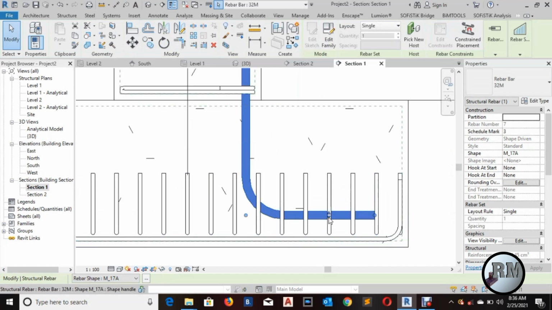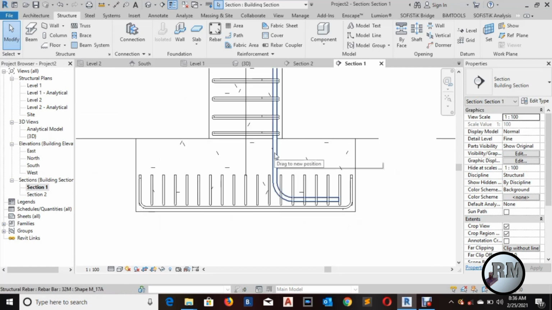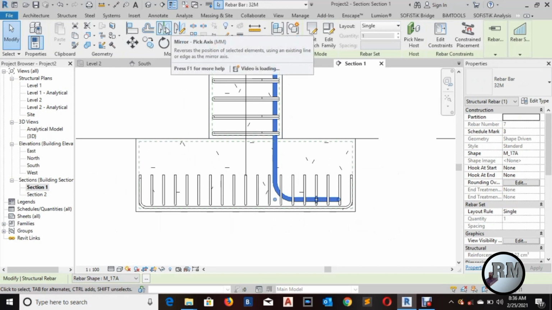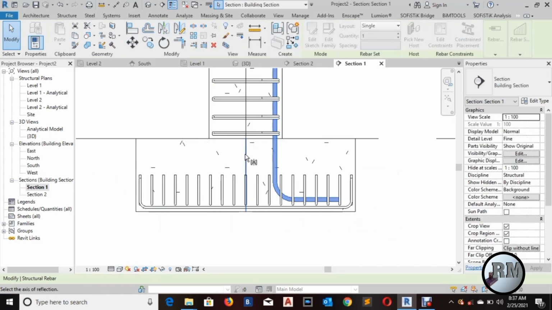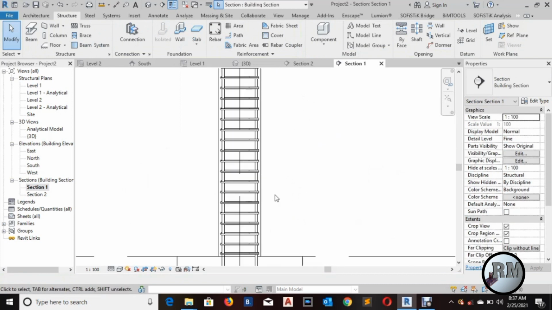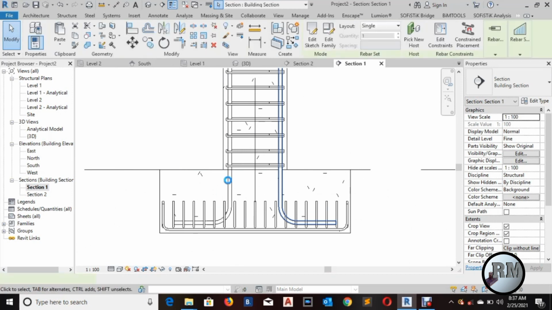So you can just drag it down like this. Remember, it doesn't have to intersect this top footing reinforcement. So now you can just select this and select pick axis for the mirror and select this grid line, so you can take it to the other side, and this is what we have. Now you can select both of these, control select,